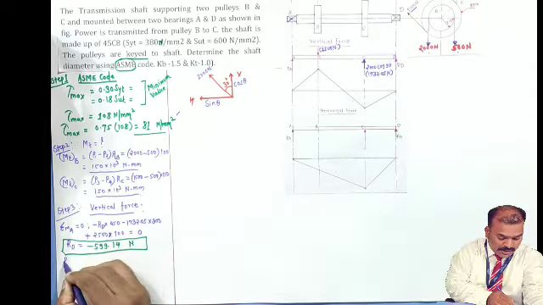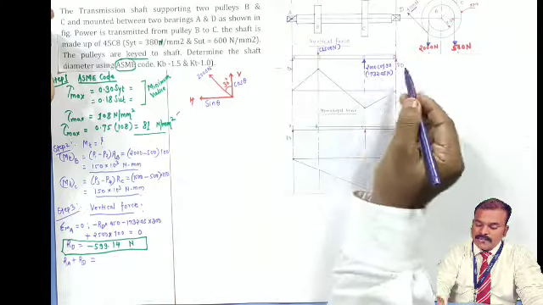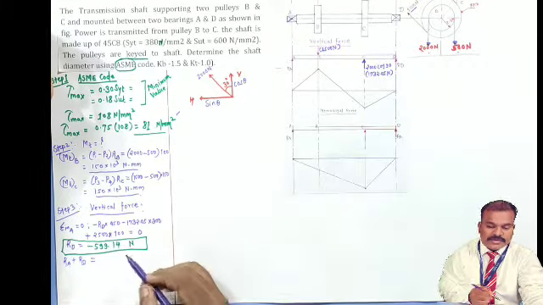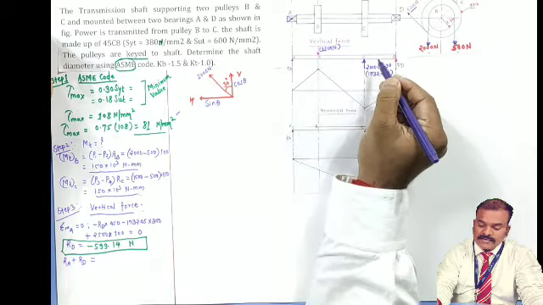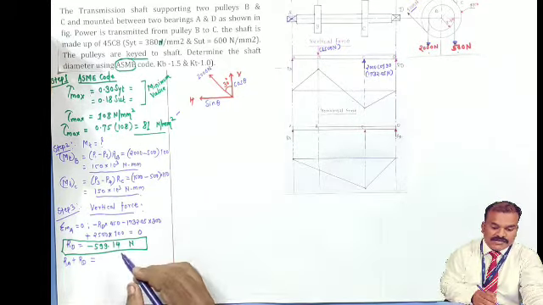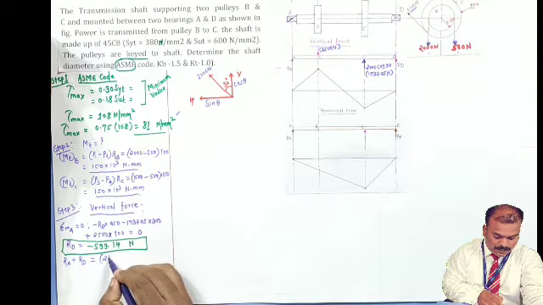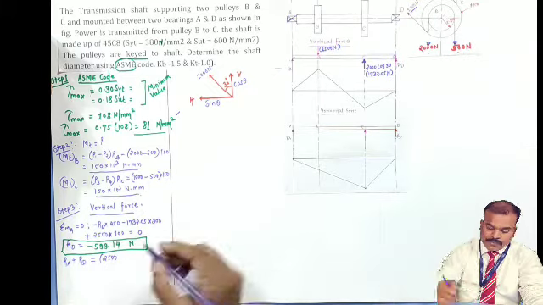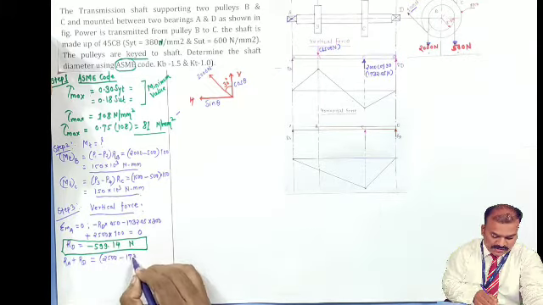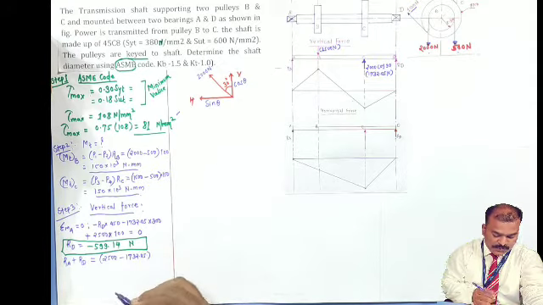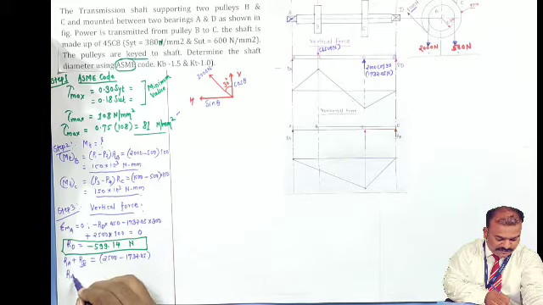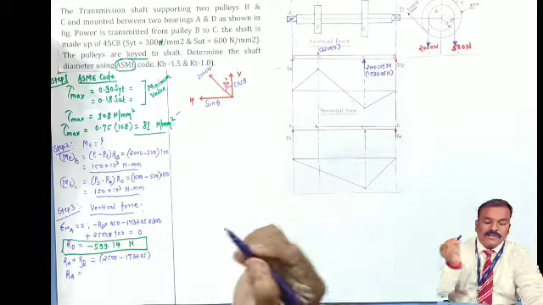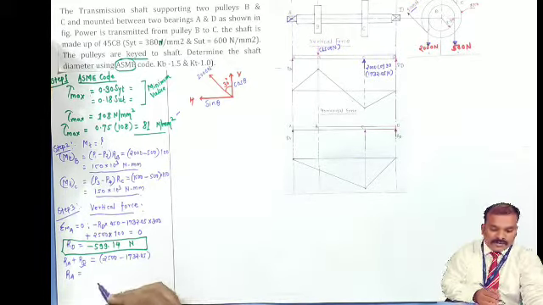RA plus RD is equal to, so we need to consider the equal and opposite force, that is 2500 minus 1732.05. So this will be the RA plus RD. RD is known, so we'll get the reaction at A. Just calculate the reaction at A, that is